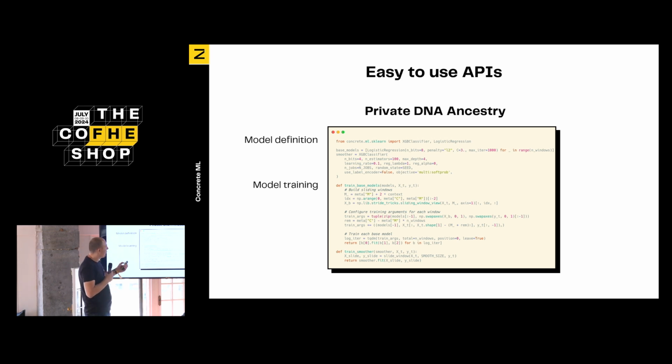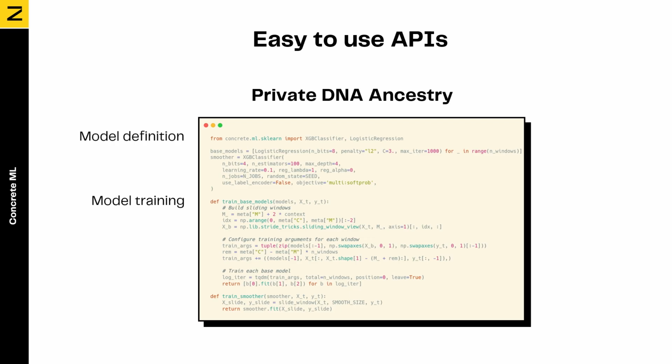Because in this application we're using, I think it's about 400 classifiers in the first stage, and this is the training code used for these classifiers. So first we're training a number of base models on different parts of the genome, and they each produce an intermediate decision, and then we train a final smoother classifier. And this one will aggregate the decisions of the previous ones. So we have a huge number of classifiers, and they all work sequentially on the user's DNA.